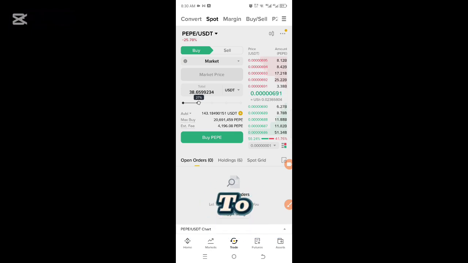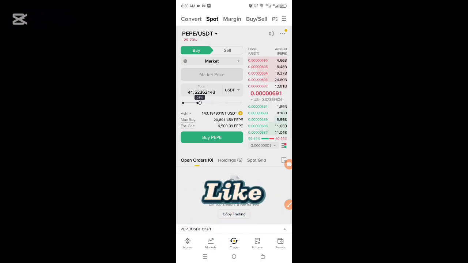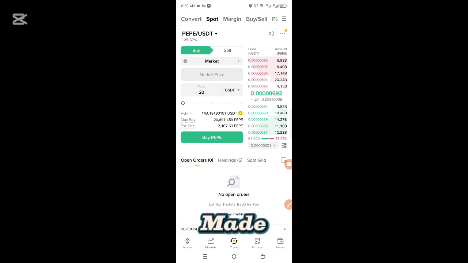And if you want to trade the whole money you have in your spot wallet, you can drag it until it shows 100%, or you can drag to 50% of your capital. In this case, I'm going to use like $20, which I will type. After you have made sure that everything is okay, I will click on buy, or else you can first click on where you see candlestick